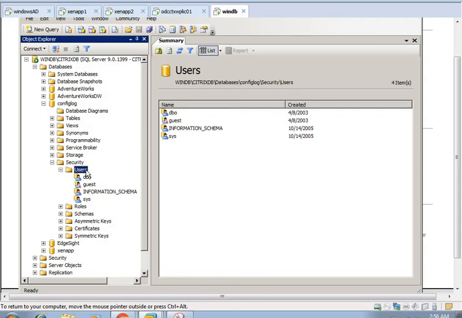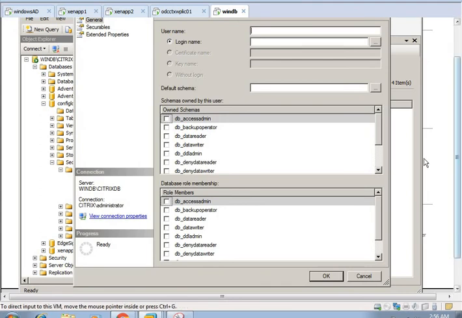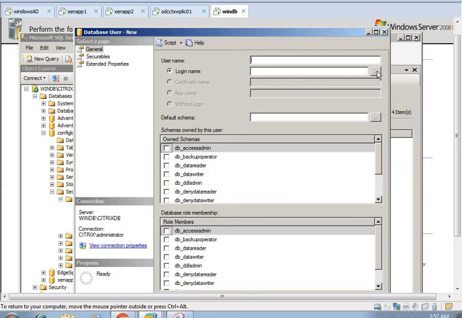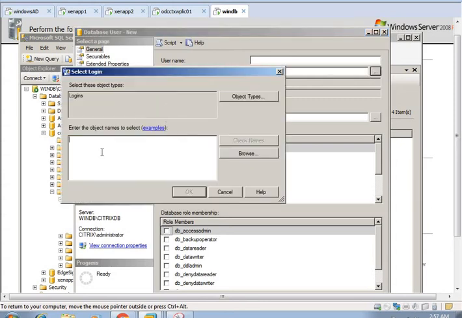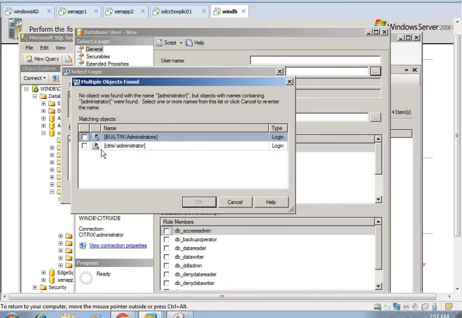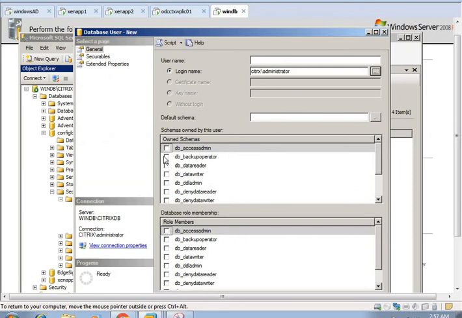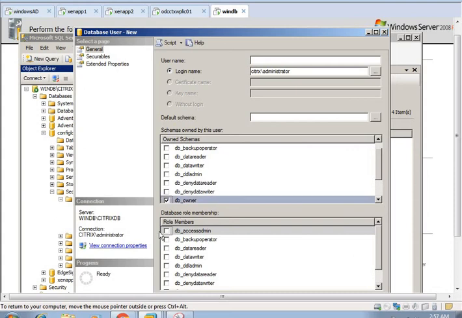I'm trying to create a new user in the config log database. From the database we can create the login name, the Citrix administrator. I'm choosing this as a database owner. So let's see where the owner is. It is the DB owner.